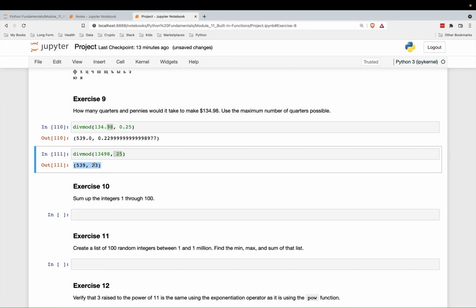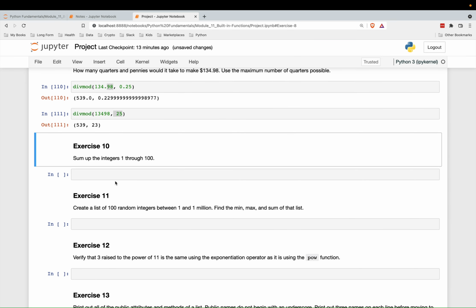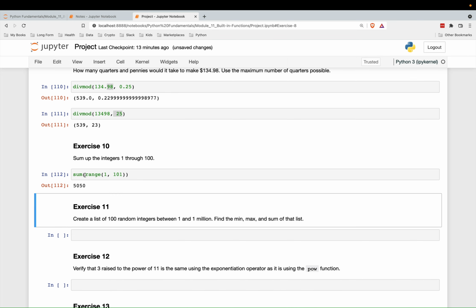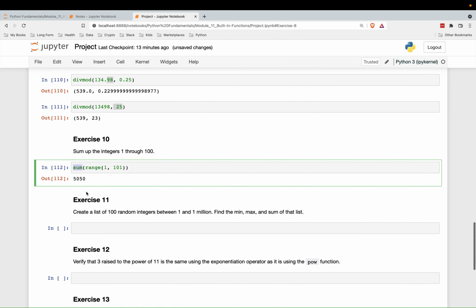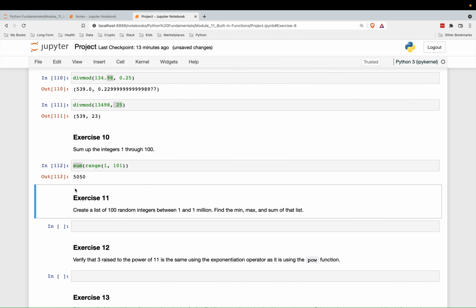So this is actually just a cleaner way of looking at it. All right, number 10, sum up the integers 1 through 100. Well, the easiest way to do this is with the sum function and the range object. We can create that range, 1, 101, and that will sum it up. So this is a sequence of just the integers 1 through 100, and that's what the sum function is used for. Iterating through them with a for loop is possible, but a lot less efficient than